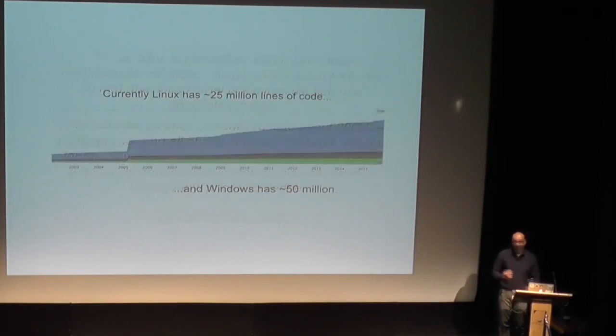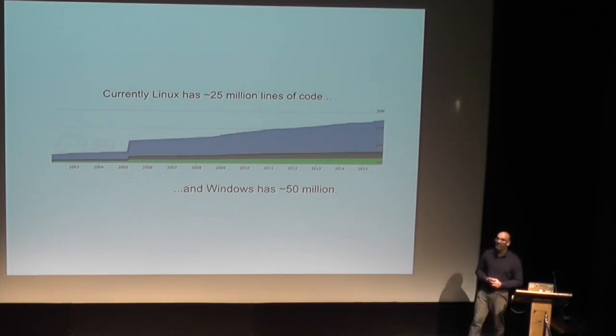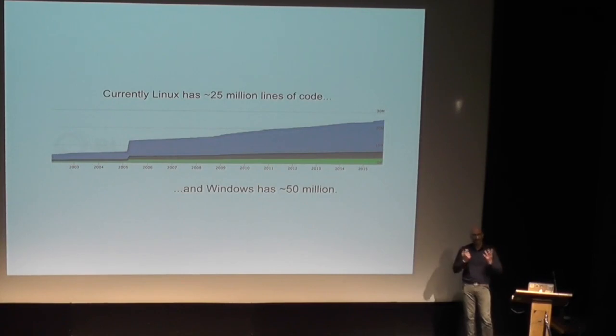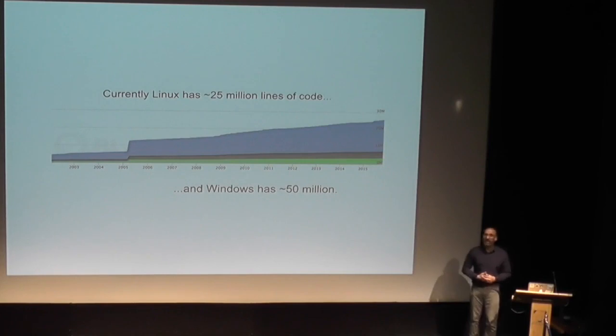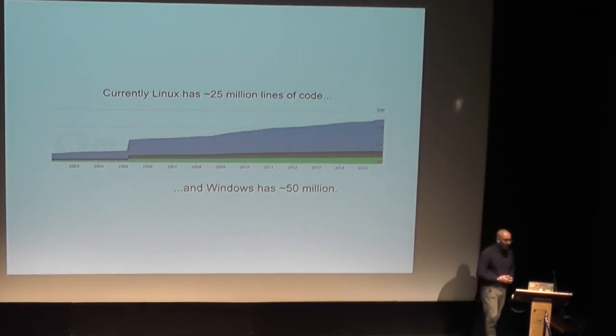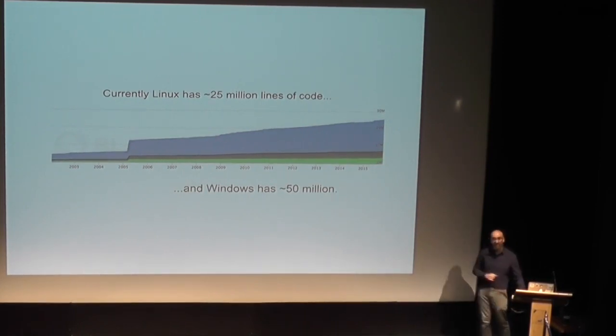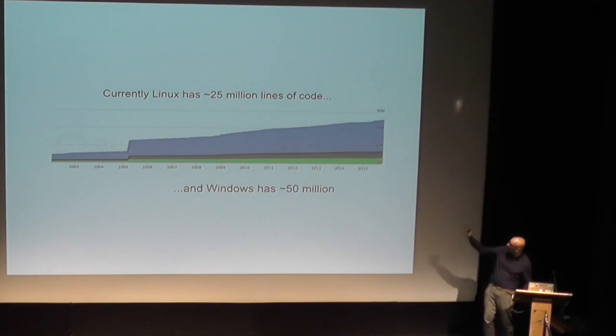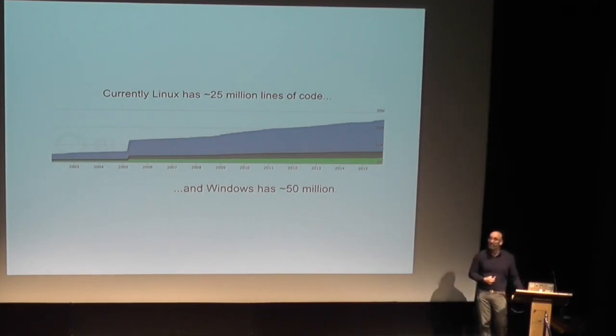Great. So of course, as time goes on, Linux has over 25 million lines of code that goes into every single device that uses it. A lot of it is essential code. A lot of it can be stripped out, but there's still just a vast body of code. I think it's safe to say now that the architecture that began as a portable, rewritable-in-a-weekend type operating system is no longer that. It's become this huge establishment way of building code. And Windows, it just goes out there. These are numbers from 2015, and generally as a rule, as you can see from these graphs, the number of lines of code only ever increases.